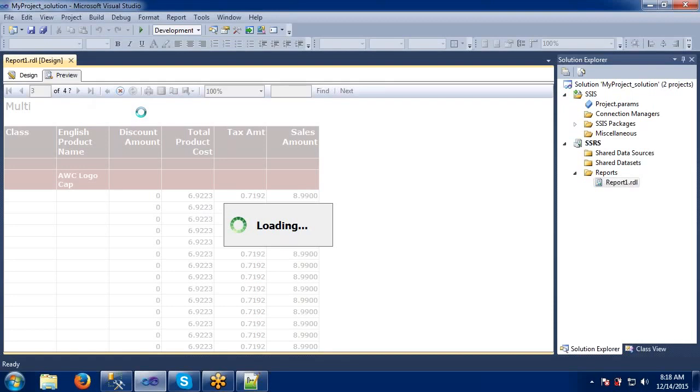So it's trying to load the data from the database, and it's generating the report. It is taking some time here, but generally it usually won't take that much time, because this is a simple report here.